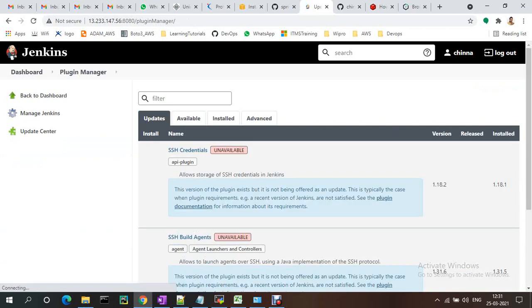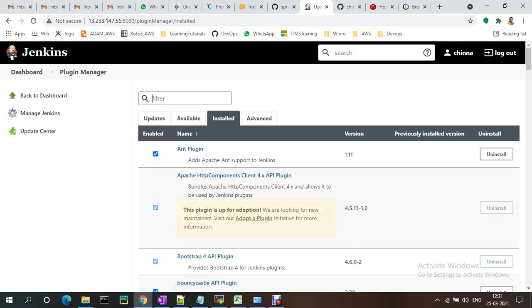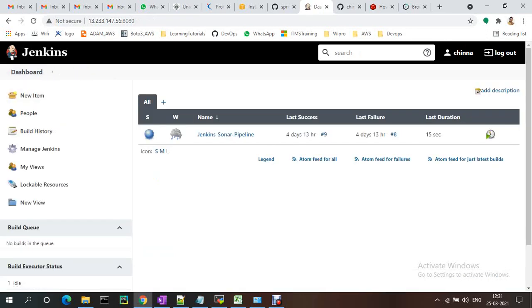I already downloaded this plugin; if you search installed plugins with Nexus, you will see it. If it is your first time, you just need to download this plugin and add the credentials for it.